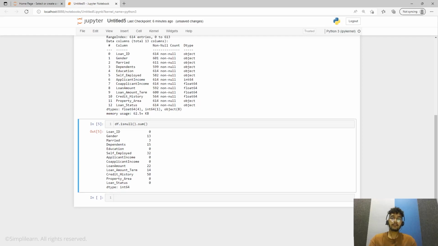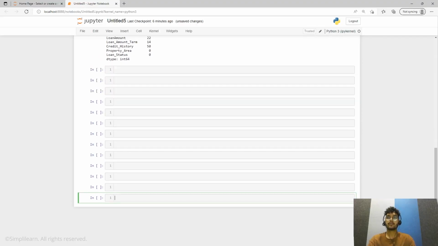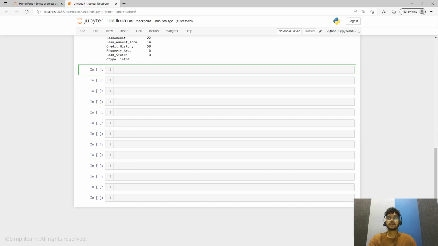Moving forward, we will create one more column, that is loan amount log, using loan amount details, and then we will display a histogram for that. Okay. So let me do it first. For a better view, I can do this. Yeah, I will write here df loan amount underscore log equals np.log